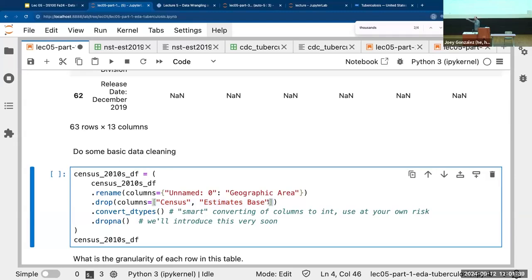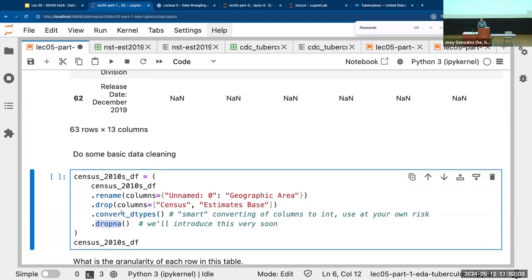The census is the global census. We do that every 10 years. I just want the actual year-by-year counts. I'm going to call this magic convert_dtypes function, which, if I have an integer that's encoded as a floating point number, I'm going to make it an integer. And then I'm going to do dropna. Drop not a number, so you drop all my NaNs. Might be dangerous, but we'll do it. Clean up our data. Come back to dropping in a moment.